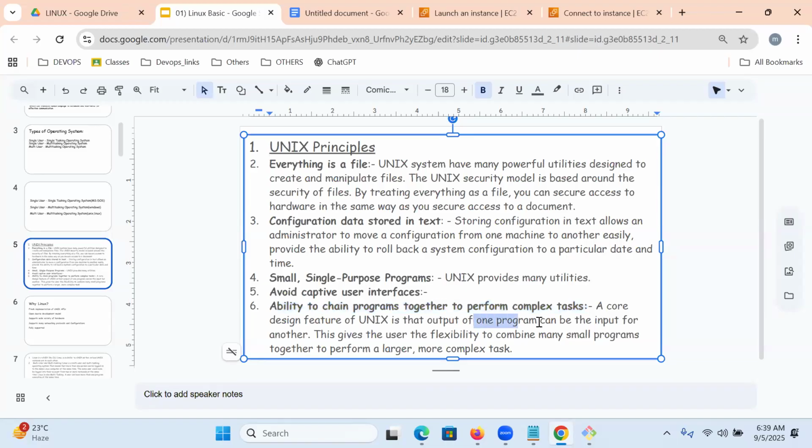In one program, we are going to be executing a shell script. We're executing a number of commands, but for each command, the output of the first command can be given as the input of the other command. We're executing so many utilities, am I right? In this way, the combination of many small programs and many small executions of commands can together perform major complex tasks. That is what we can do in Linux.